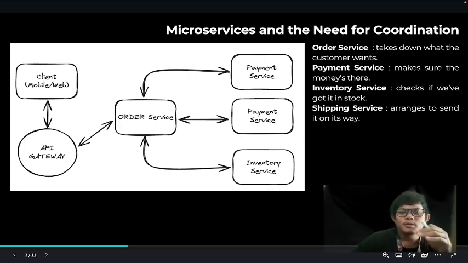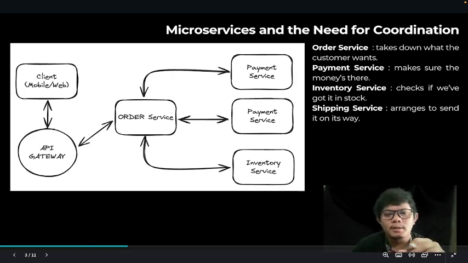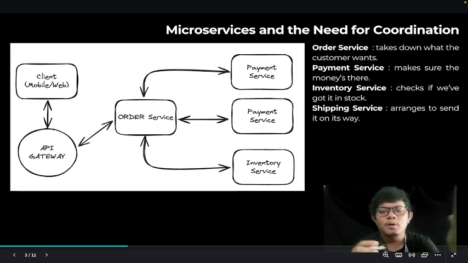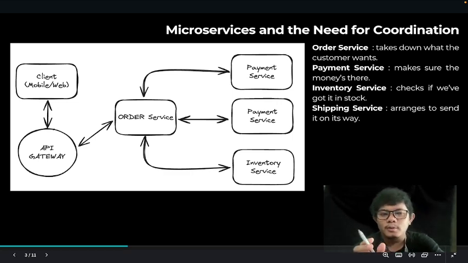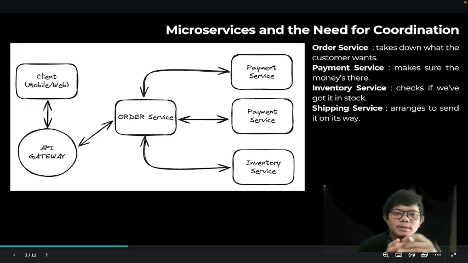For the solution, we can use two main patterns to manage this coordination and avoid bottlenecks. The first one is the orchestration pattern: one central figure calling the shots. And the choreography pattern: everyone follows set rules and responds to events without one boss controlling the flow. The goal is to make sure all services work in harmony without creating performance issues or miscommunication, because the system should flow, not flop.